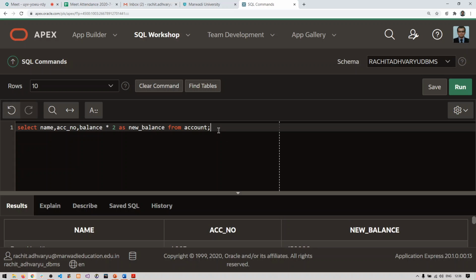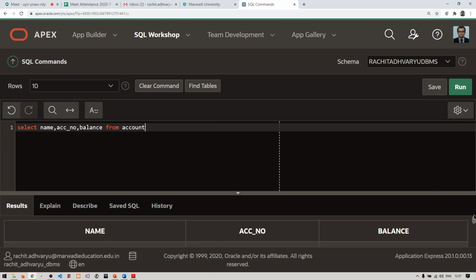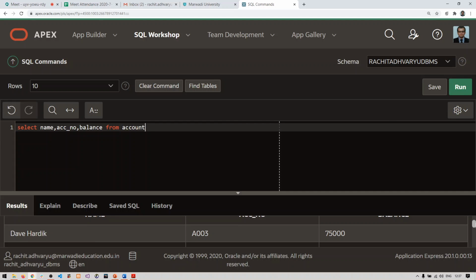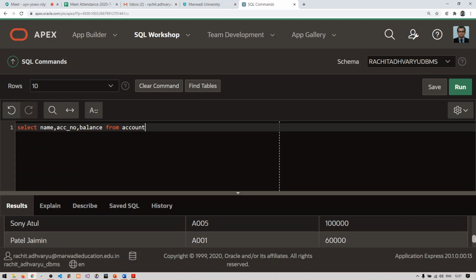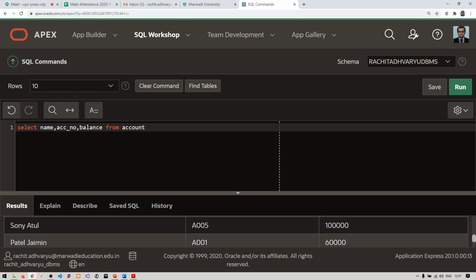First let me show you the data that is already existing in my table. So let us say select name, account number, balance from account. So now you can see Dave Hardik A003 75,000, 1 lakh 60,000, 1 lakh and 60,000. Patel Jamin is having 60,000.